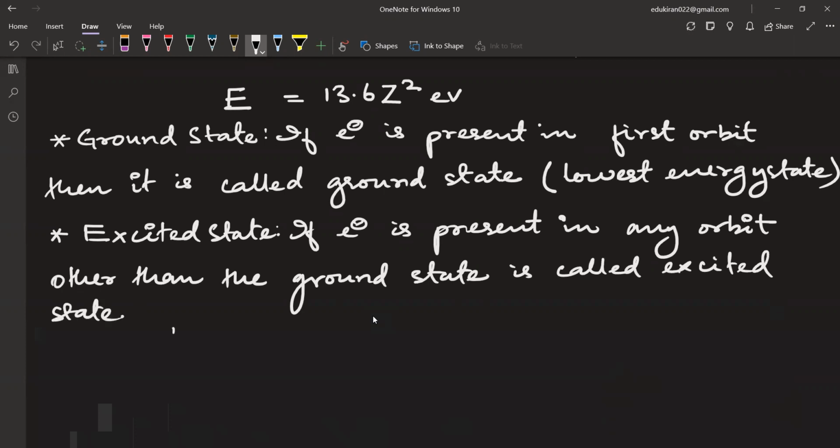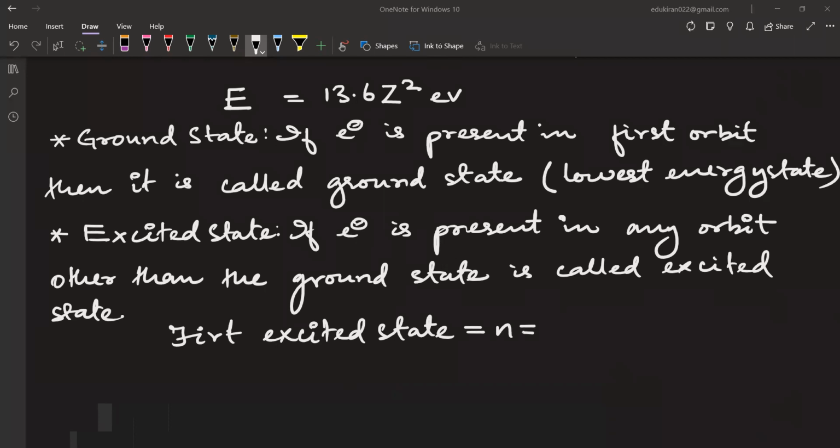ठीक है, ये बताइए फर्स्ट एक्साइटेड स्टेट कौन सा ऑर्बिट होगा? Tell me, what will be the first excited state? What will be the value of n? For first, 1. अरे 0, बिहारी 0. जीरो कौन सा स्टेट, ऑर्बिट होता है क्या कोई? जीरो कौन सा ऑर्बिट होगा? S. अरे SPD. ऑर्बिट, ऑर्बिट